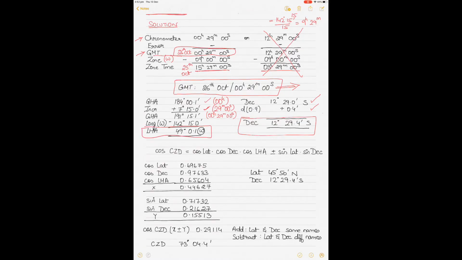LHA value is less than 180, so I have named my LHA west. So the rule of thumb is 0 to 180, you name it west, and if it is greater than 180 to 360, you name the, not the longitude, sorry, the LHA, you name it east. All right, in this case it's less than 180, so the LHA will be named west. Right, so if your longitude is west, GHA is less, so we subtracted longitude from the GHA